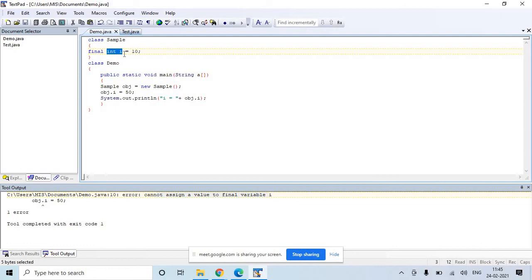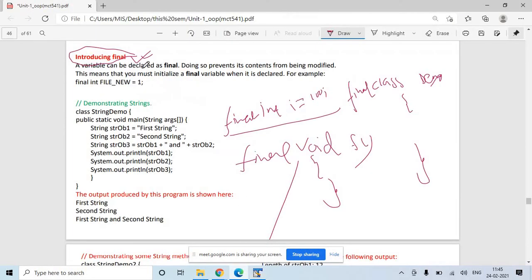We will discuss them in detail when we study inheritance. So this is how the introduction to final works.